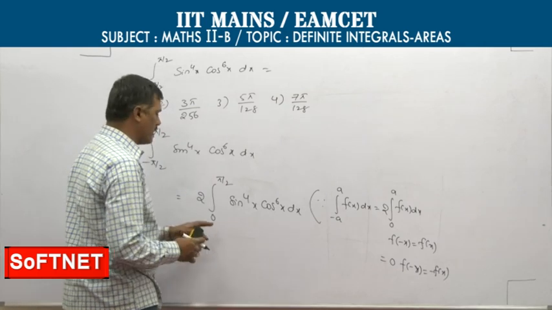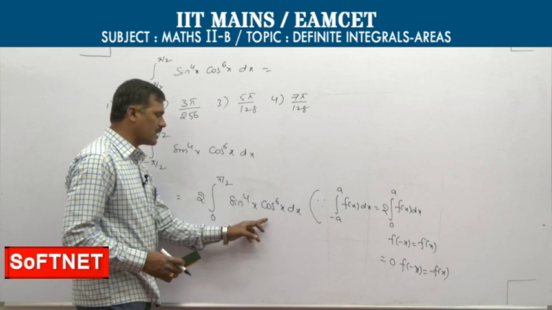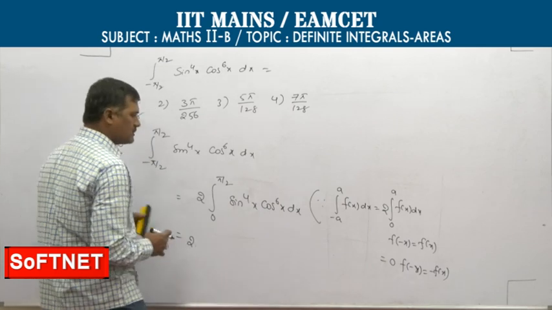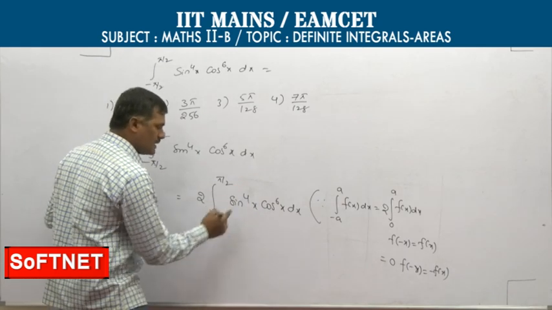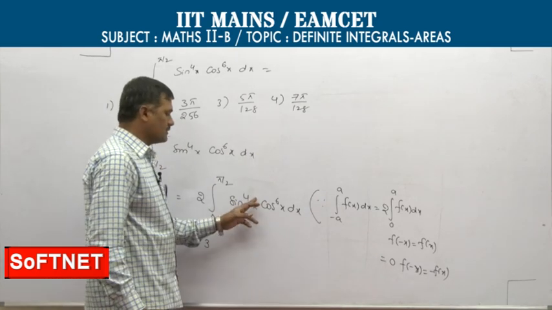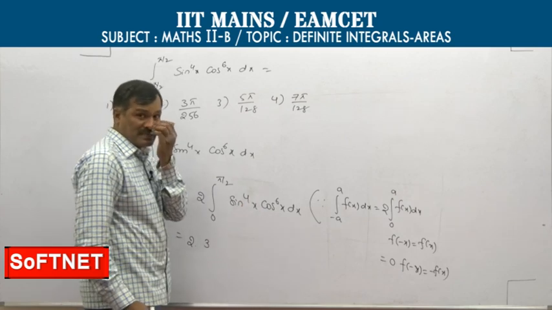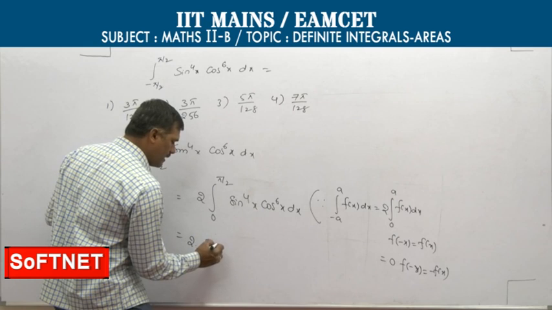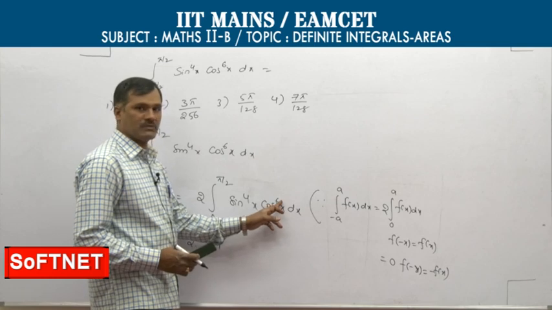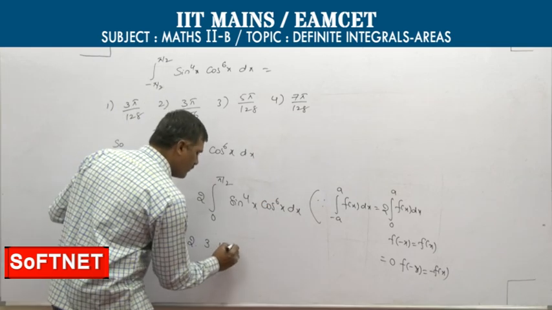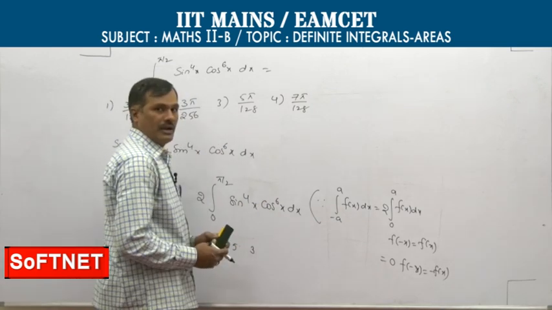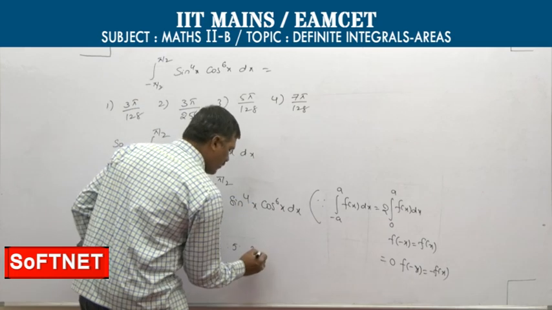Now applying Wallis formula 0 to pi by 2 sin power mx cos power nx, m and n are both even numbers. So 2 into: first we begin with m minus 1, 4 minus 1 is 3, next reducing by 2, m minus 3, 4 minus 3 is 1, and next there is no possibility in this term. Next begin with n minus 1, 6 minus 1 is 5, next n minus 3, 6 minus 3 is 3, into next n minus 5, 1, by